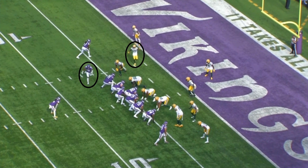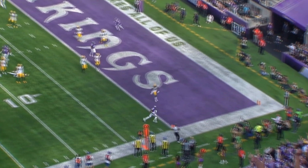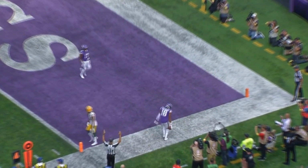Makes sense. The issue is, when Jefferson gets over there, nobody picks up Jefferson. He's able to get a free touchdown right there. So again,